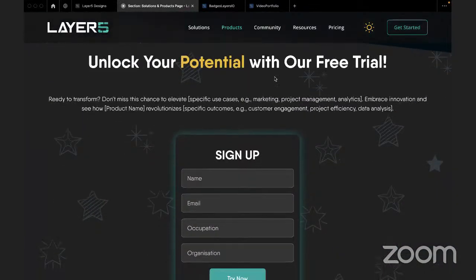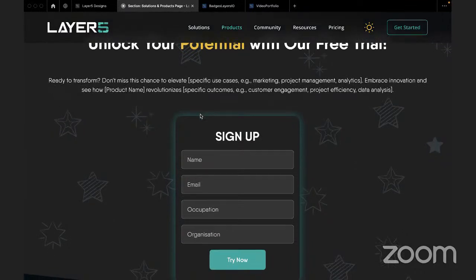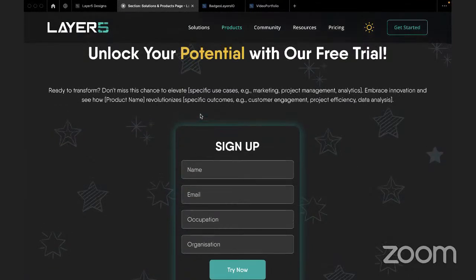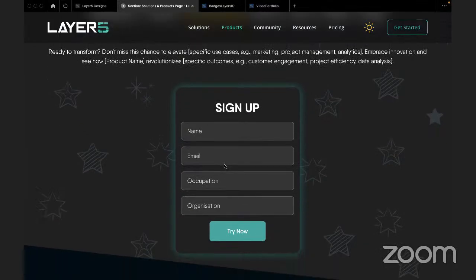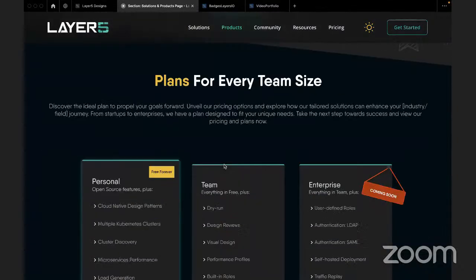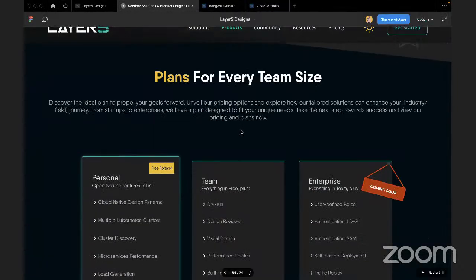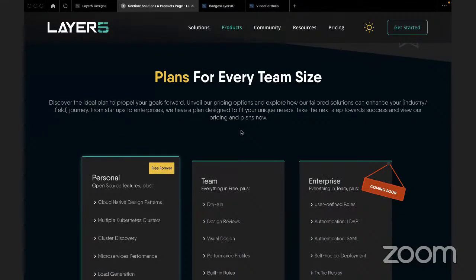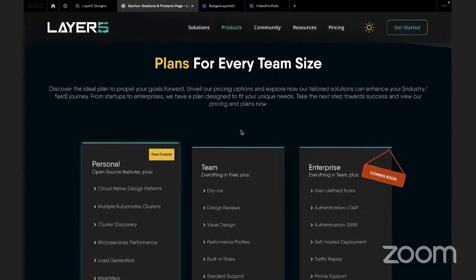So in this section, the user can access the free trial, and he can sign up here and try it. So basically this is the products page. I also wanted to show the current plan of our Layer5 website. This is the section which I copied from another page, the pricing page, I think.